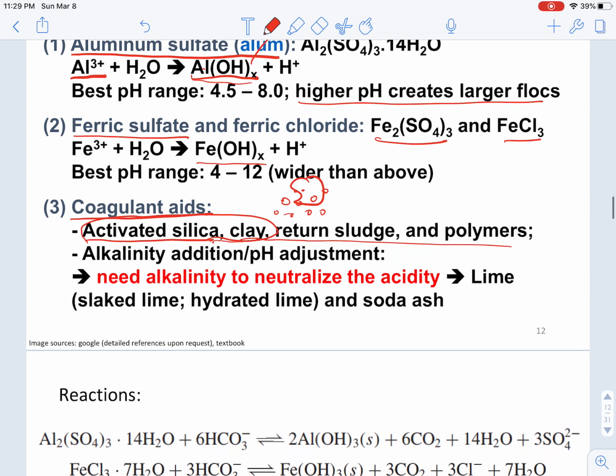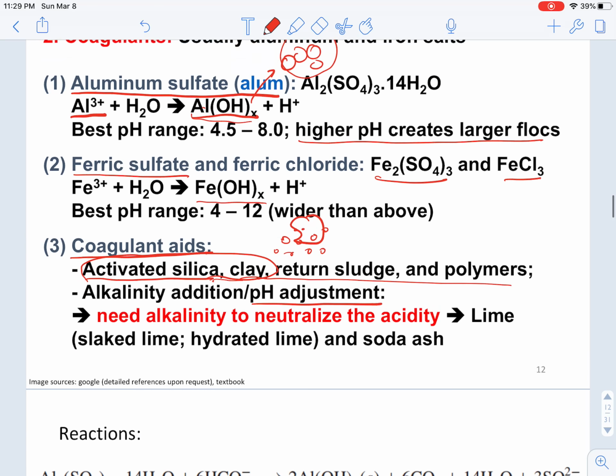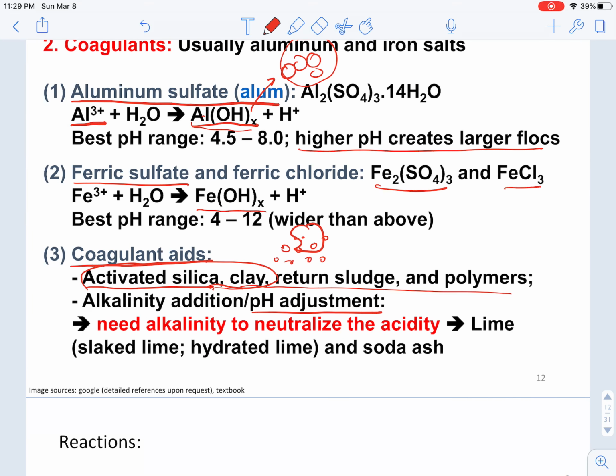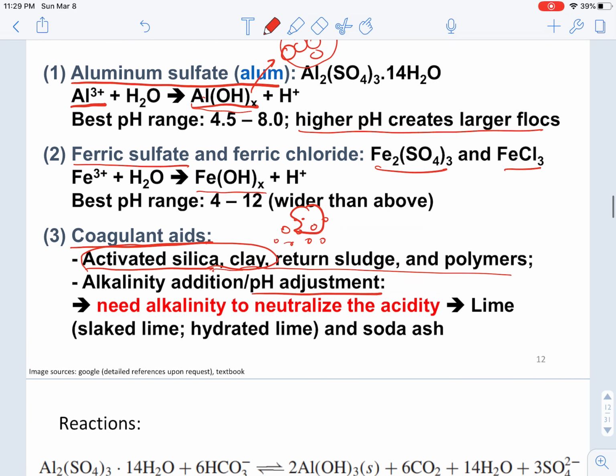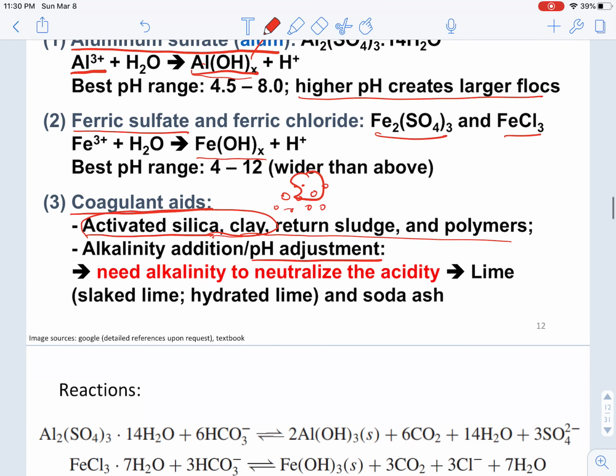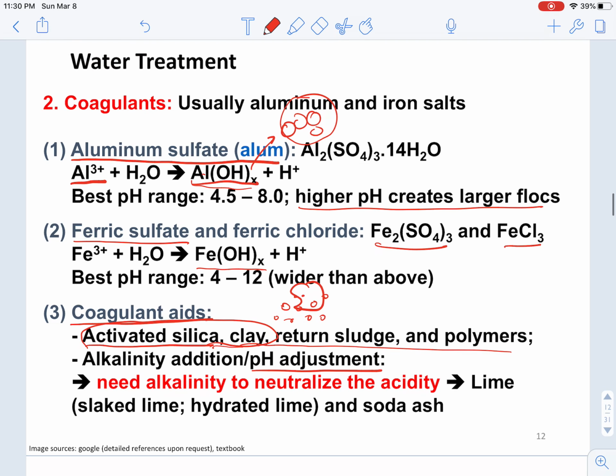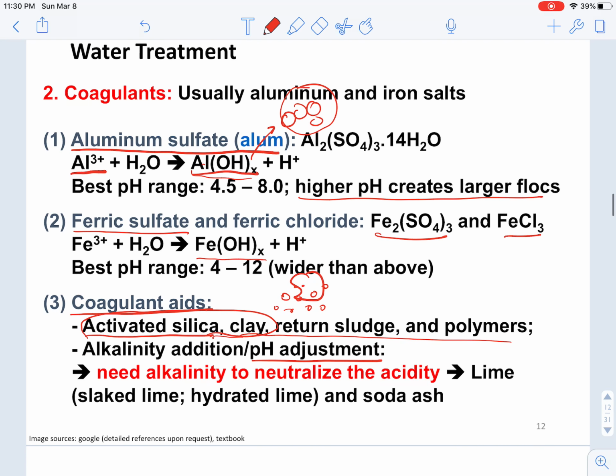We can also adjust the alkalinity, or basically adjust the pH. So basically, the higher the alkalinity, or the higher the pH value, the better the coagulation will happen, right? As we can see from these two reactions, the coagulation process is going to generate some proton ions, right? So what this means is that the water is going to become more acidic as we introduce these coagulants